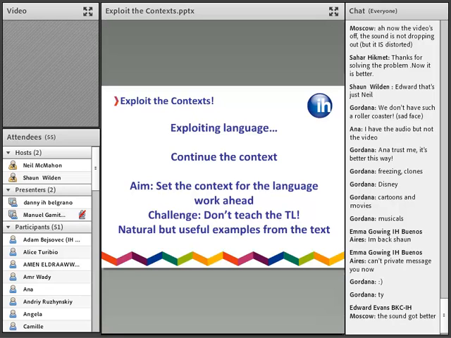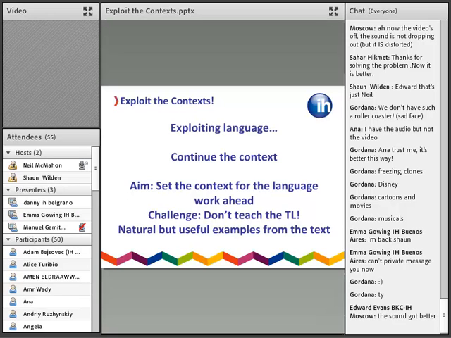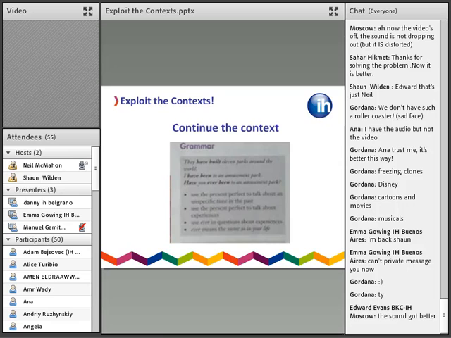Both of these questions, my students, a lot of them would just say, have you ever been to an amusement park? Yes, I have. Is there one in your country? Yes, there is. And the teacher then has to get involved to say, okay, did you enjoy it, etc. What's the one in your country like? Are there better ones in other countries? And so you're asking lots of follow-up questions and making it teacher-centered because you don't have a real context for the